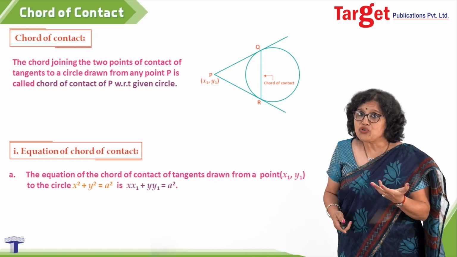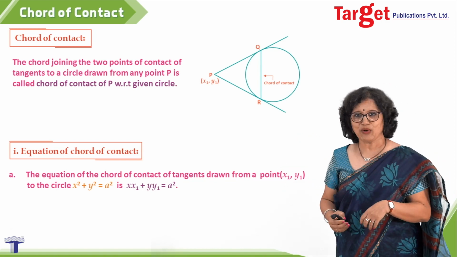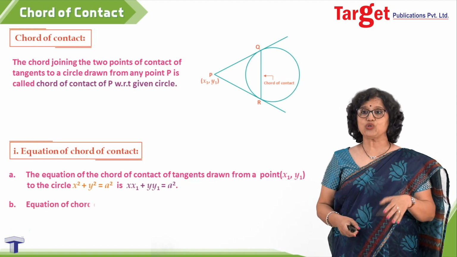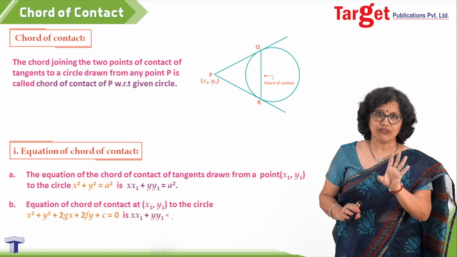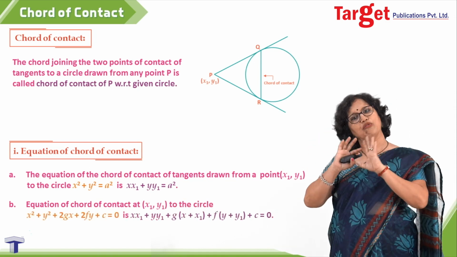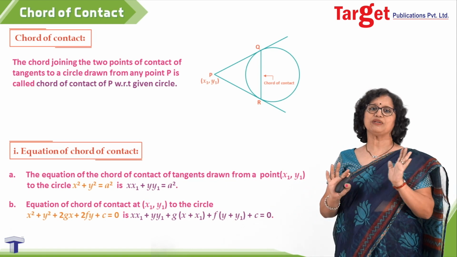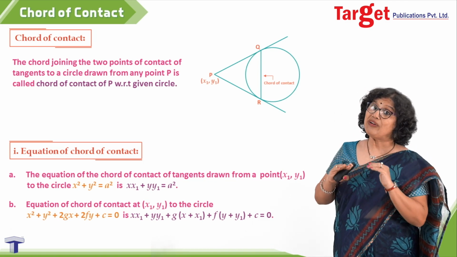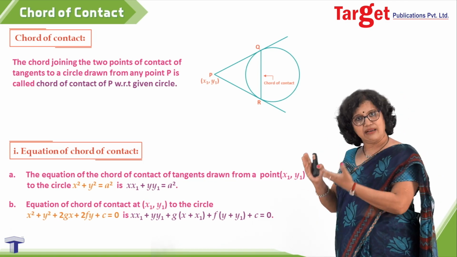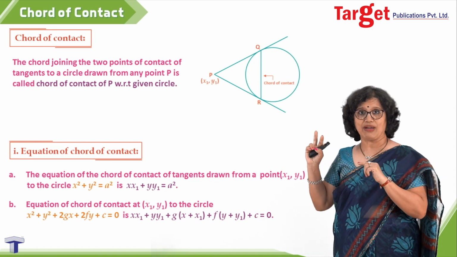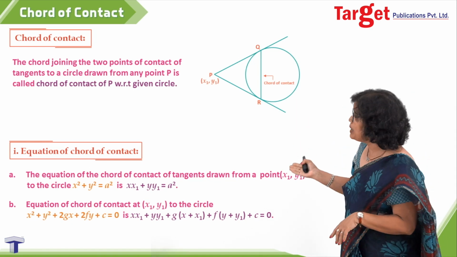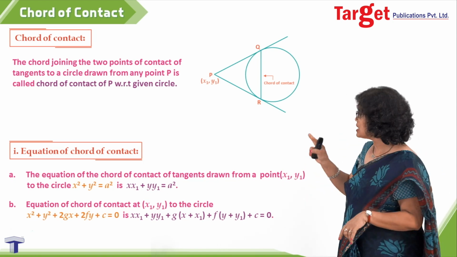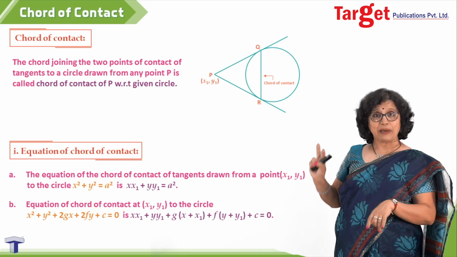Now, you may not be fortunate all the time having x square plus y square equal to a square as the equation of the circle. The center of the circle may be at some different place also. So let me take one more situation for the equation of chord of contact, where I am taking one general equation of the circle, x square plus y square plus 2gx plus 2fy plus c equal to 0. This will take care of your center and radius form also, which was (x minus h) whole square plus (y minus k) whole square equal to r square type, because from here also, if you wish, you can write that center radius form.